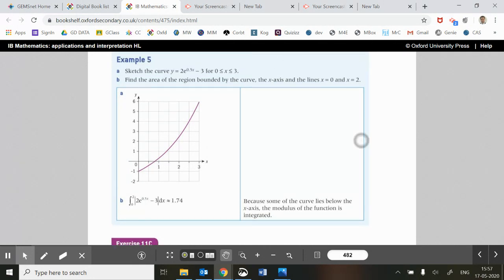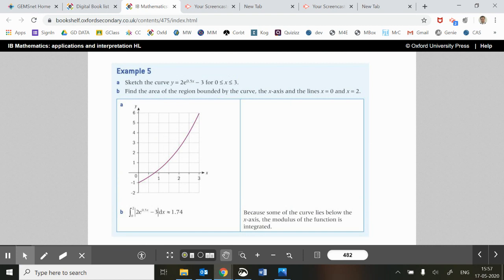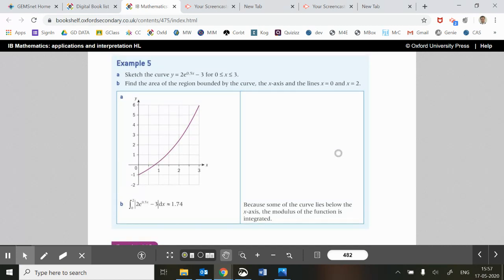Okay, guys, sorry about the glitching of my computer. But that's that for the moment. You need as much practice as possible on A, B, and C, and we'll help you with that over